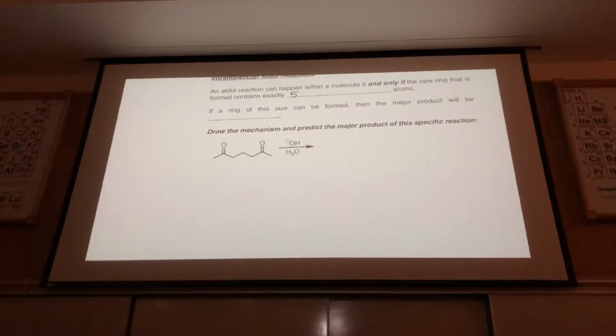Remember, we like to do intramolecular reactions when we form a desirable ring size. Usually 5, 6, or even 7. But 6 was the preferred ring size for the tetrahedral carbon. So 1 above or below still happens quite easily, but 6 is really the goal. So you'll always favor 6. You'll have choices to make. That's why you want to keep that rule in mind when you start counting your carbons. If you count 5 versus 6, usually you go for the 6. Okay, if a ring of that size can be formed,